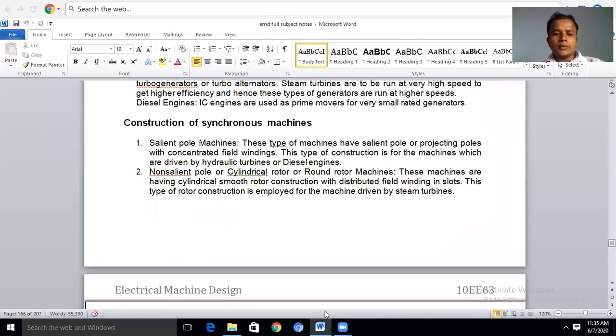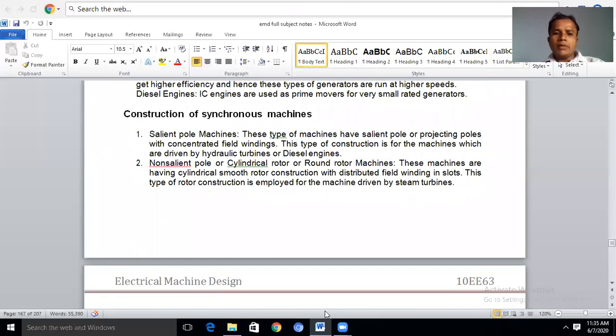Coming to the construction of synchronous machine, there are mainly two types of construction, based on the rotor part. One is the salient pole machine, and the second is the non-salient pole or cylindrical rotor, or round rotor machine. The salient pole machine has salient or projecting poles, as the name indicates, with concentrated